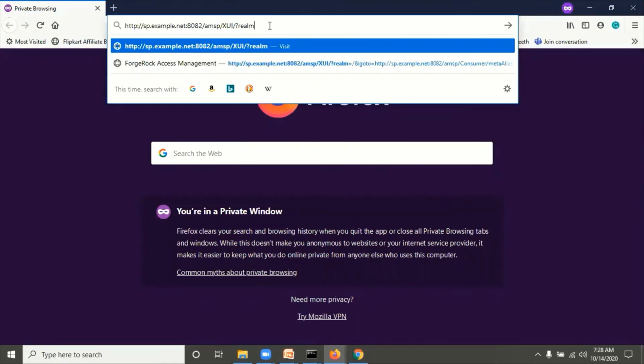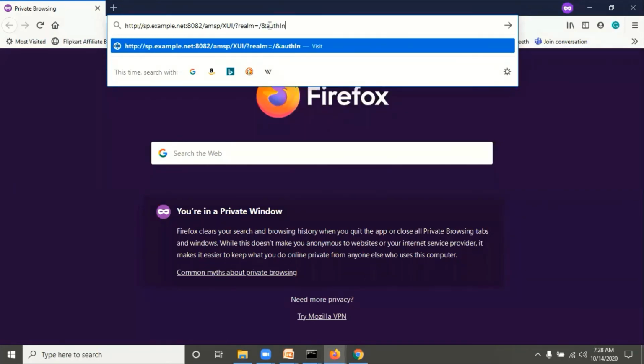Here we have to type realm equal to slash, auth index type equal to module, auth index value equal to SAML2 test new. Yeah, enter.